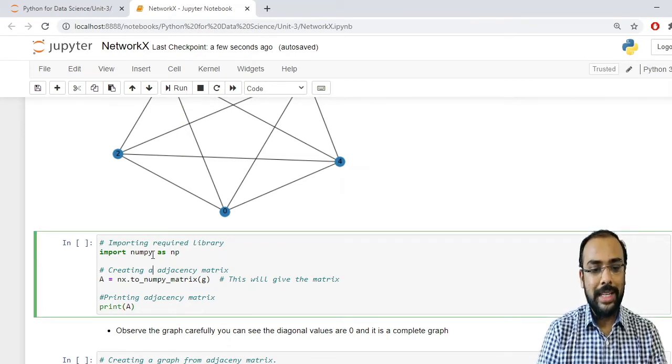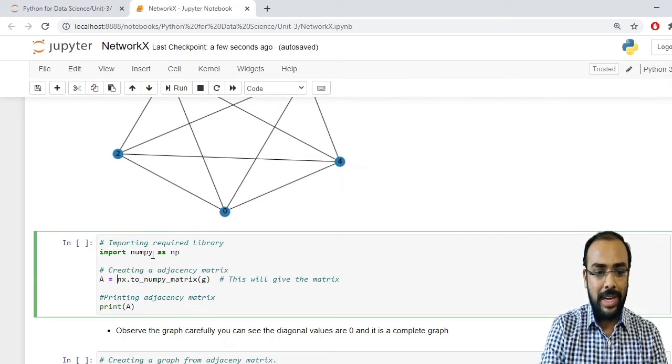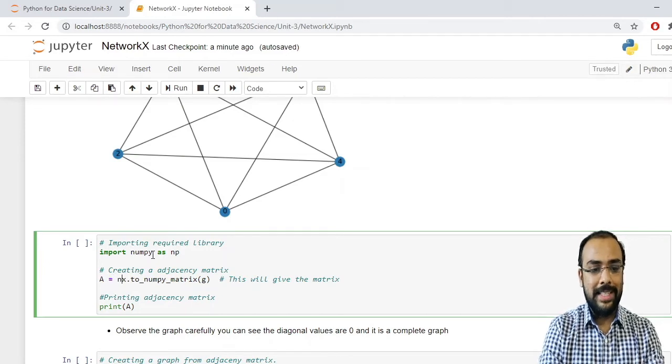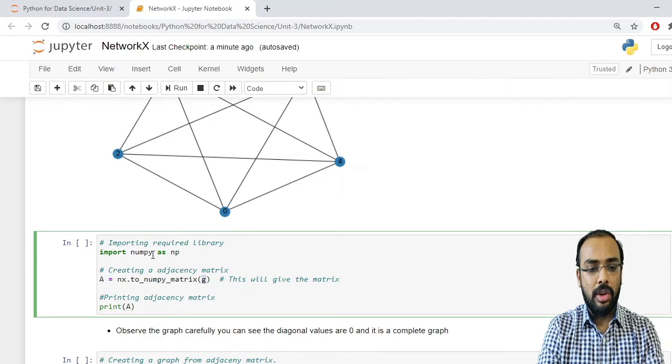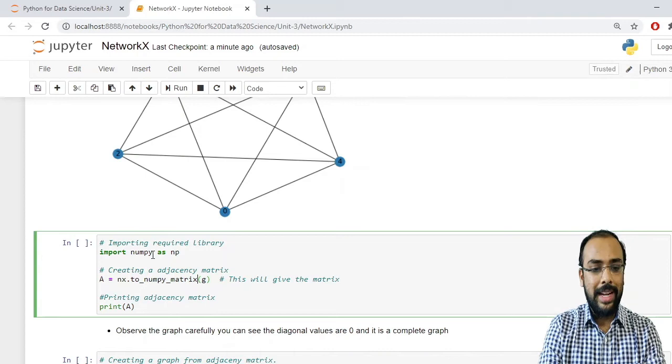Now I want to create an adjacency matrix, so I have to use a method of NetworkX package, that is nx.to_numpy_matrix. What this method is actually doing is converting your graph into an adjacency matrix, and I am storing this in a variable which is named as A. Now let us print this adjacency matrix.